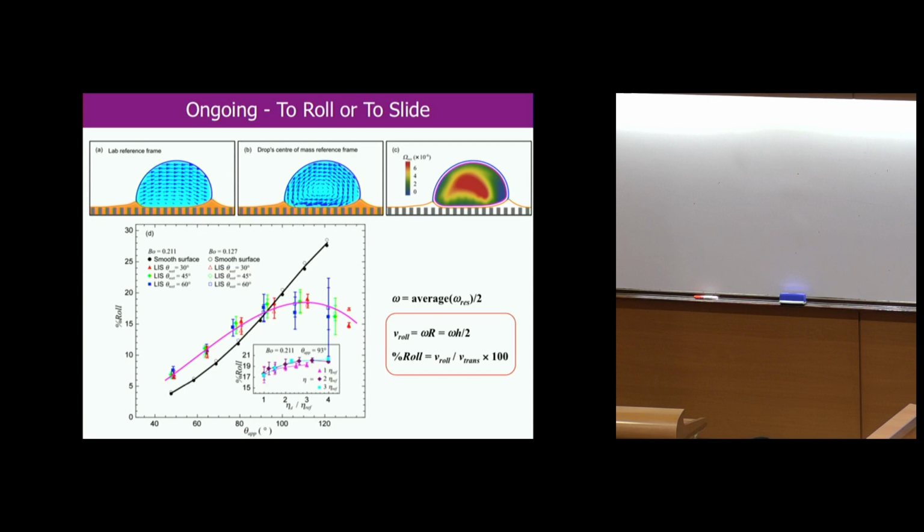Of course, what we can do is extract the velocity inside the droplet, and then convert this to the drop center of mass, and we can compute the residual vorticity, and from this we can define what we call the percentage of rolling. If you like, this is a ratio between the velocity corresponding to rolling and to translational motion. What is interesting here is that if you look at the typical behavior for binary systems, this is increasing with apparent angle, but for liquid infused surfaces, it seems that there is actually a plateau. So we haven't quite